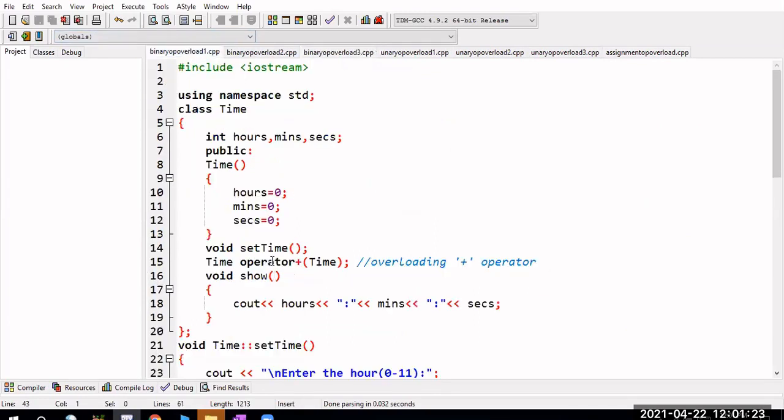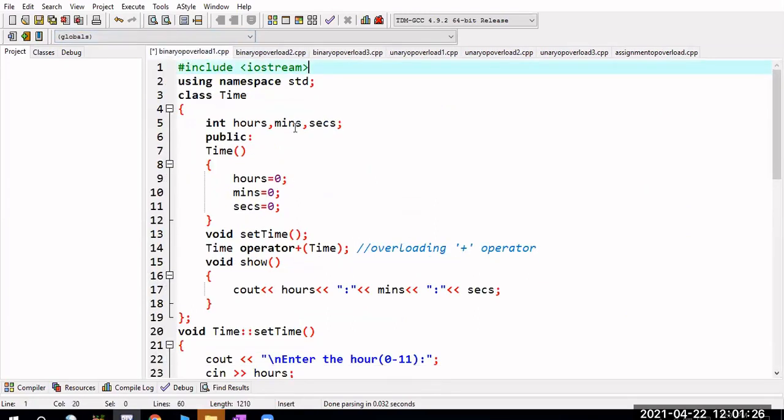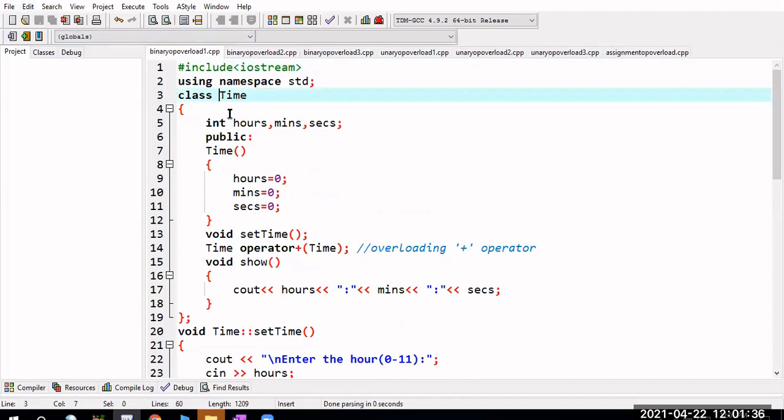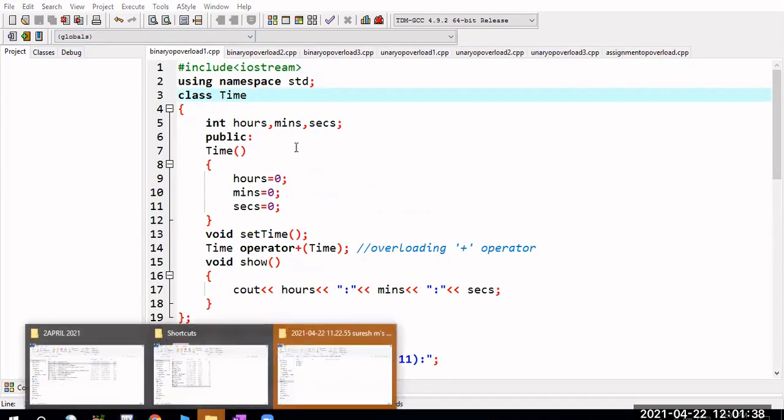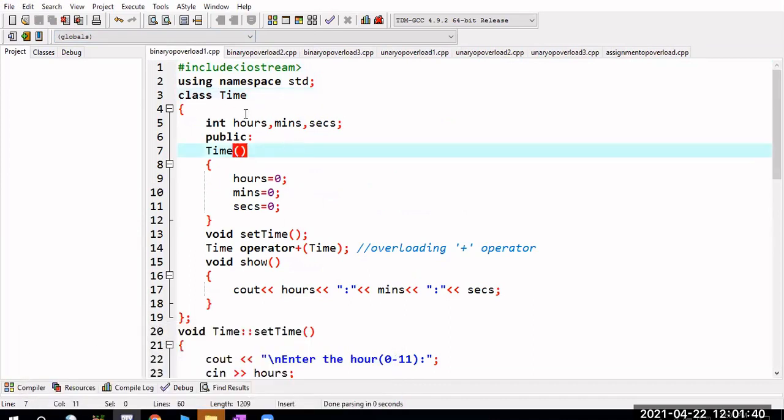Here we are using iostream and the namespace, and we have this class Time. I just want to add two time objects. This program we have already seen. Inside this class Time, I want to add two time values, that's it. So it is Time t1 plus Time t2.